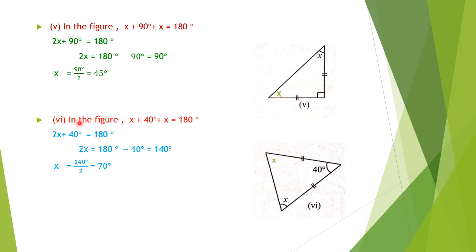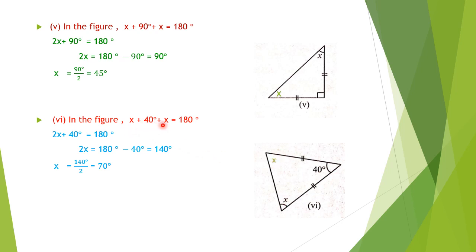Okay, children. Figure number 6. See figure number 6. We have two equal sides. The mark is given, so this and this are the equal sides in this triangle. And x is given, which we have to find out. Okay, so the angle opposite to this side is x. The angle opposite to this side is also unknown, so we cannot write the answer very easily. Okay, what is x? Now we have to use the angle sum property of the triangle here. So one angle is given as 40 degree. Others are x and x. So adding these three we get 180.